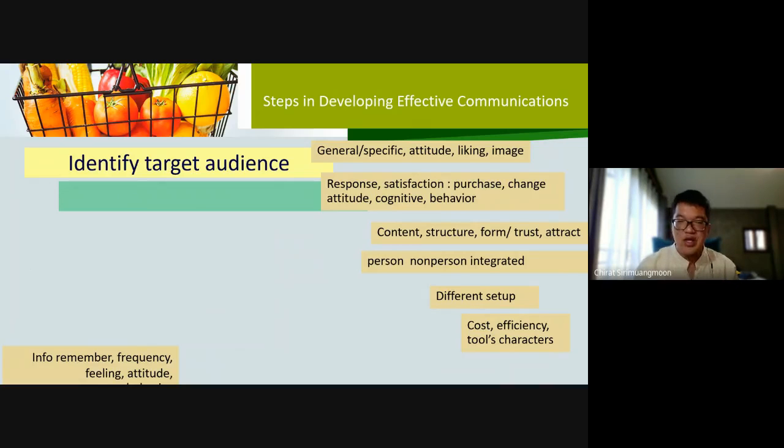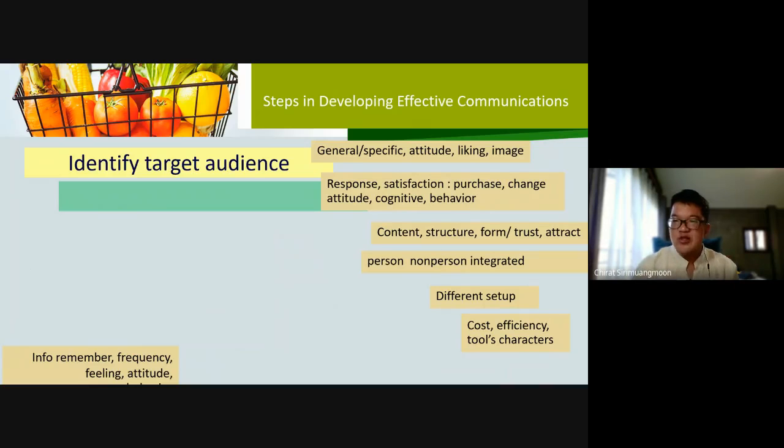So what you should do first is identify the target audience or the target consumers. You should think about whether to focus on a specific group of target consumers or general consumers. But mostly, based on my experience and many marketing books, they prefer to think about a specific group of consumers, because you can't make it available for all people. Different people have different tastes, but if you can cluster and group them into the same group, it should be better for you. And we can use a specific marketing mix on your target group too.